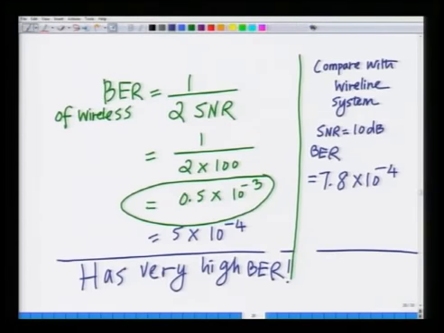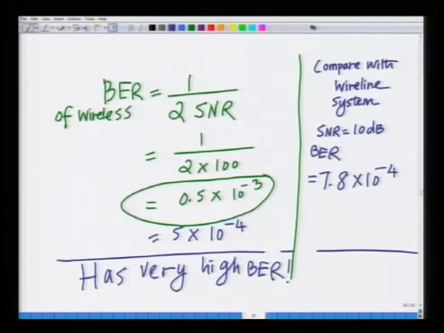Let me repeat that again. For 10 dB SNR in a wired system, the bit error rate is 7.8 into 10 power minus 4. In a wireless communication system, for 20 dB SNR, which is 10 dB more than that of the wireline system, that is 10 times the SNR of the wired system, my bit error rate is 5 into 10 power minus 4, which is not larger, but comparable to the bit error rate of a wireline communication system. So, I am using 10 times the higher power, but I am still getting approximately the same BER, which means